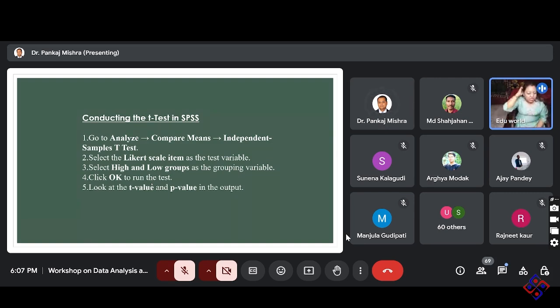But in an attitude scale, we generally don't exclude those persons. We actually keep them. And what we do is go for the t-test, which we will do with the help of SPSS. Through the SPSS method, we will apply the t-test and find out the high group and low group variable, and we will see the value they are getting. Based on that, we will accept and reject.